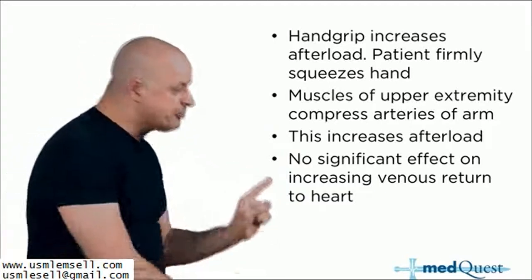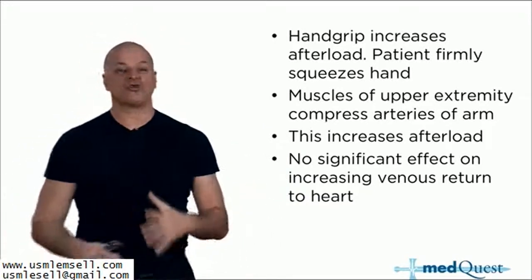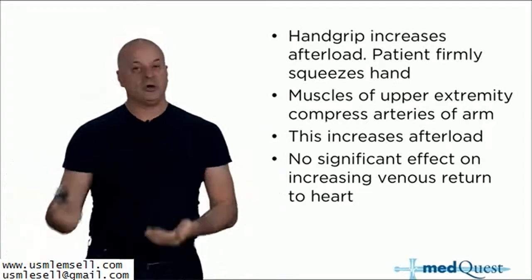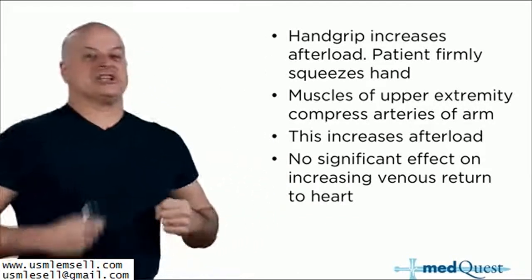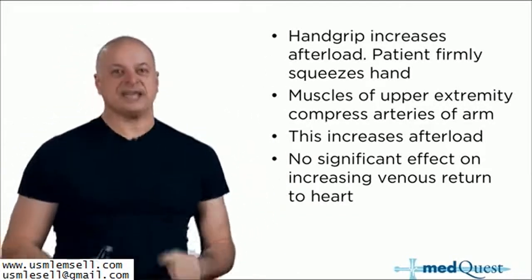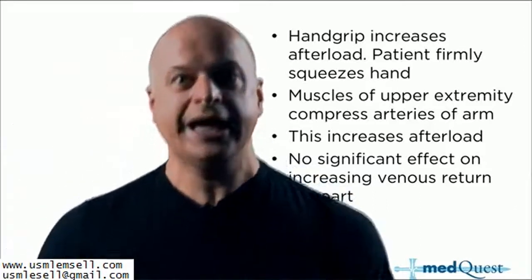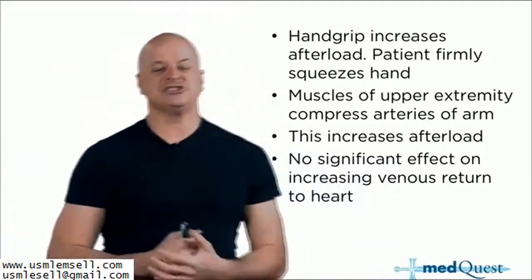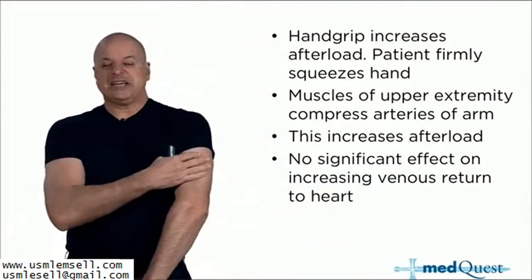This is the number one most common wrong answer. The most common wrong answer is thinking that hand grip is like squatting. Now, squatting increases venous return because thighs are big. Look at the size of your thighs. So the thing is that hand grip doesn't do that because the volume of the triceps is much smaller than